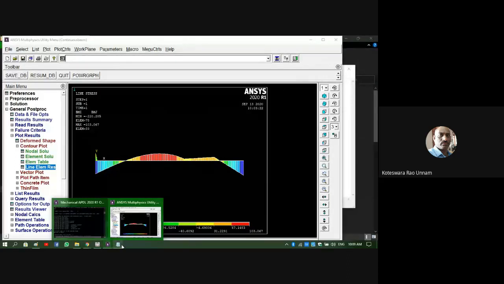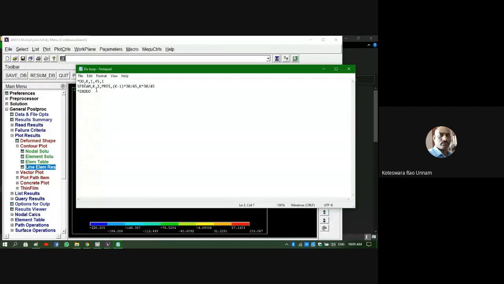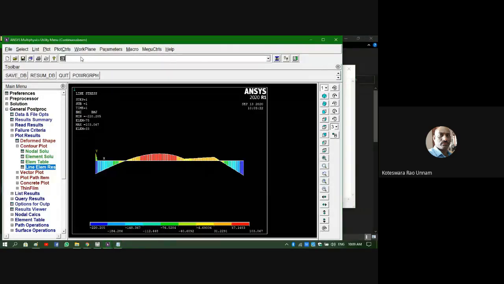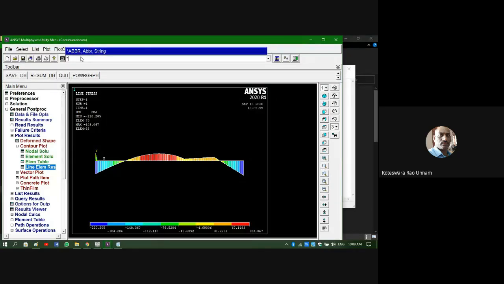Only thing is we need to write a simple macro. If you want to know about the do loop and all these things, you can go to the help document in the software, where the syntax and everything is given. Or else simply if you type star do here, it will give you the syntax. Let us say if I type star do, you can see parameter, initial value, final value, increment. So that's what I did here.